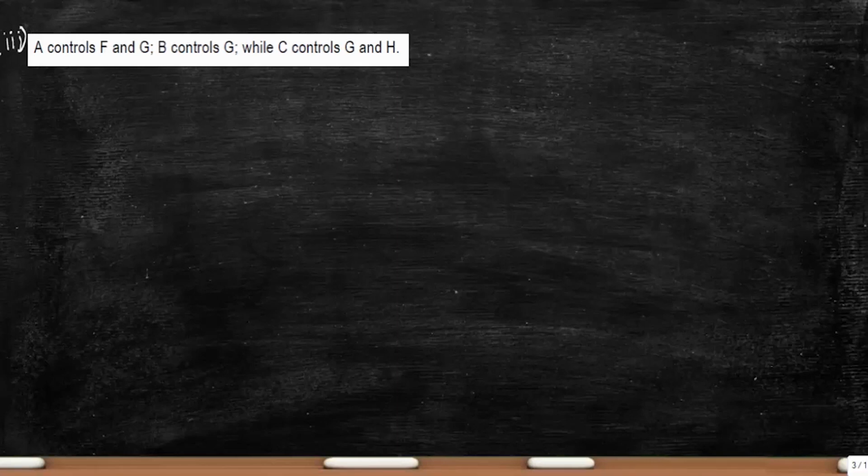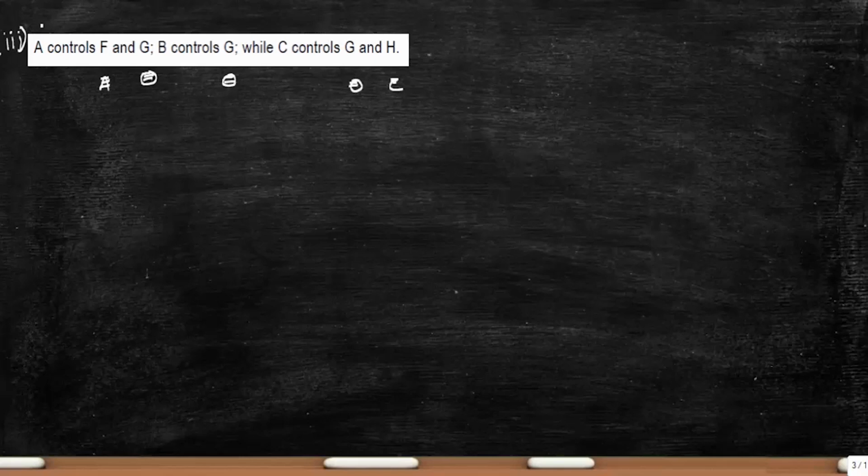In this case study, we are going to understand that three activities are going to control one activity. Here, if you look, activity A is controlling activities F and G, B is controlling activity G, and C controls activities G and H. So here you have to know that activity G is controlled by A, B as well as C, whereas F is controlled only by A and H is controlled only by C, whereas activity G is controlled by all three activities. So how are we going to draw?